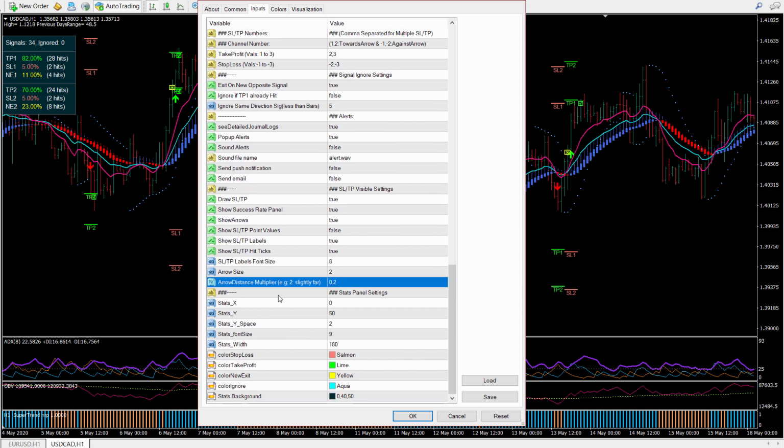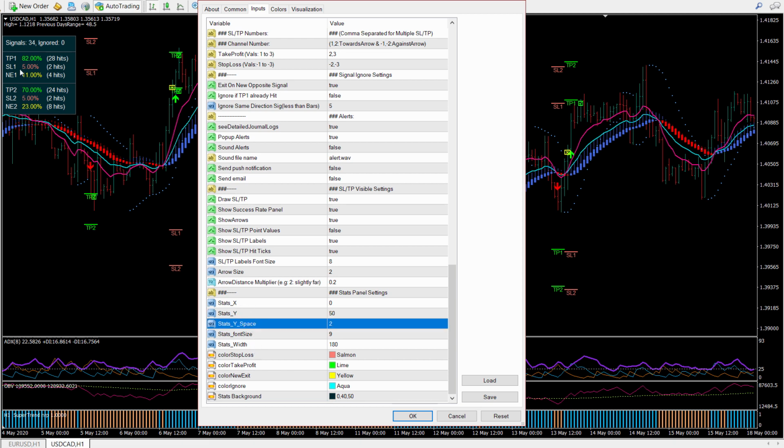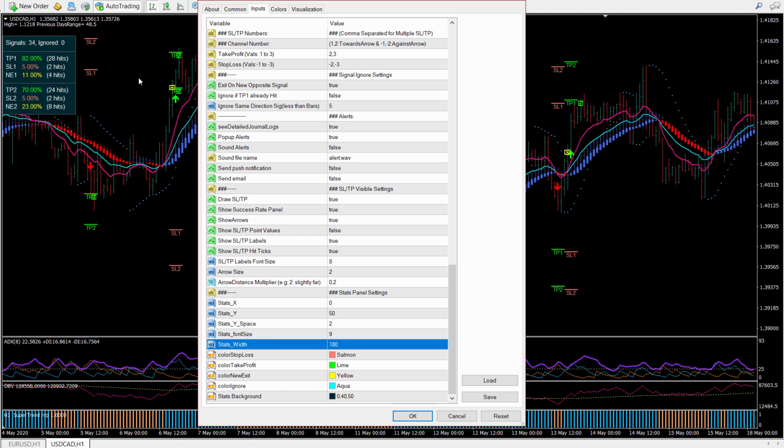And these final settings are about this stats panel. You can set the positioning of it. You can also set the space between these text values. You can set the font size, and you can also set the width of the panel.